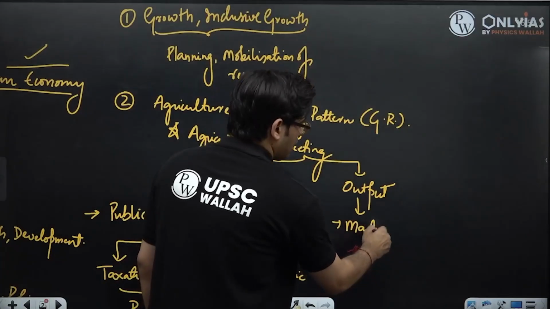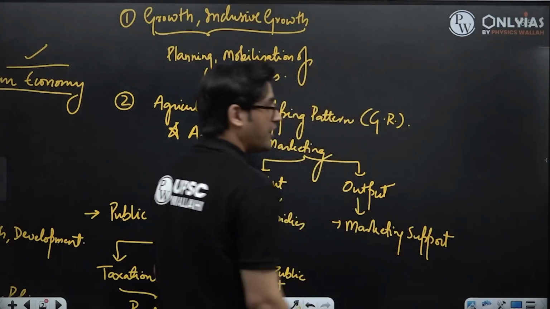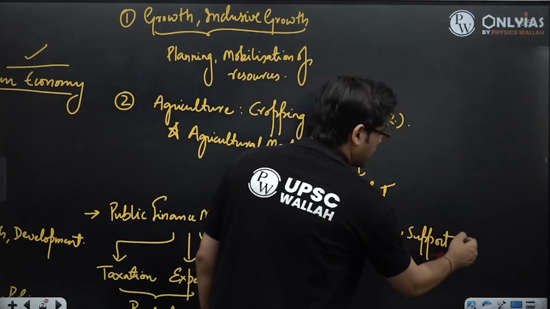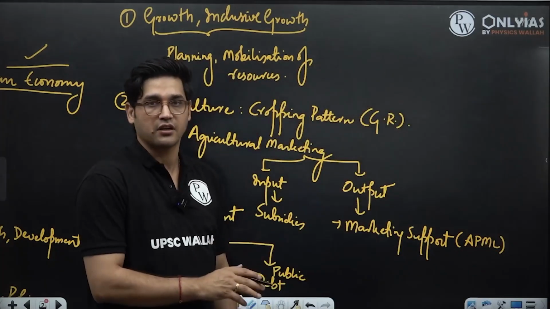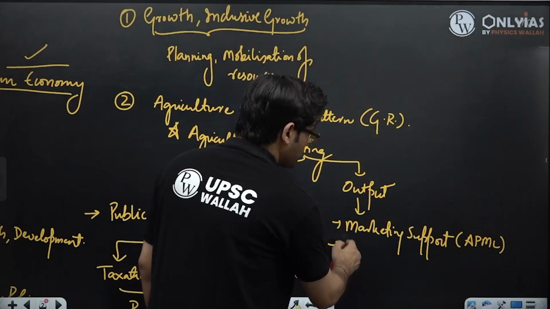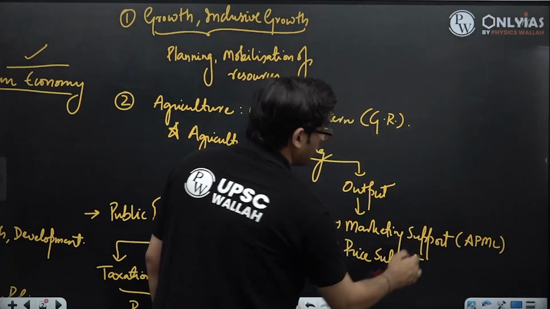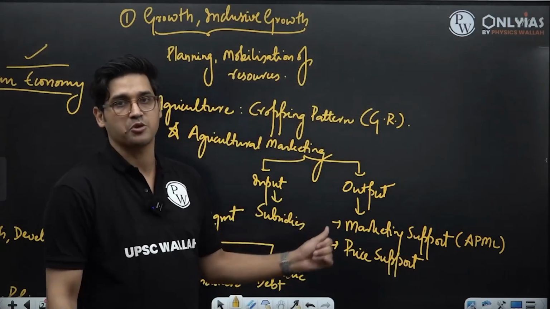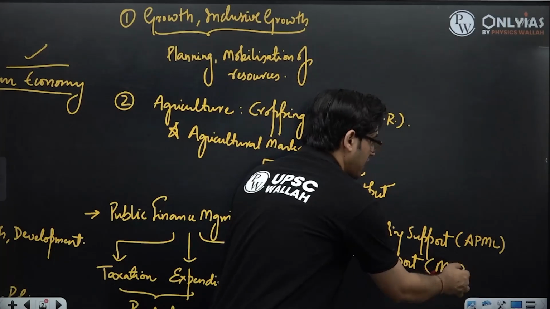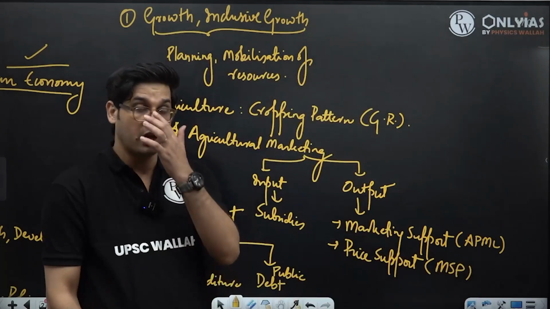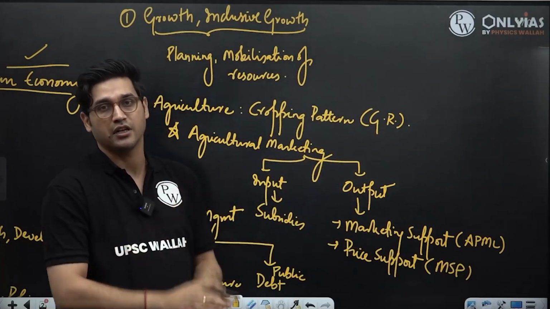And as part of output marketing, we will have to discuss 2 very, very important things. One will be the marketing support that the government offers to farm produce in India. More specifically, here we'll be discussing the agricultural produce marketing legislations in the country. Thereafter, we will also be discussing the price policy or the price support system of the government of India when it comes to Indian agriculture. Herein, the most common topic that you would have heard of is MSP. There are other allied topics too, which we'll be covering as a part of price support when we discuss output marketing in agriculture in India.